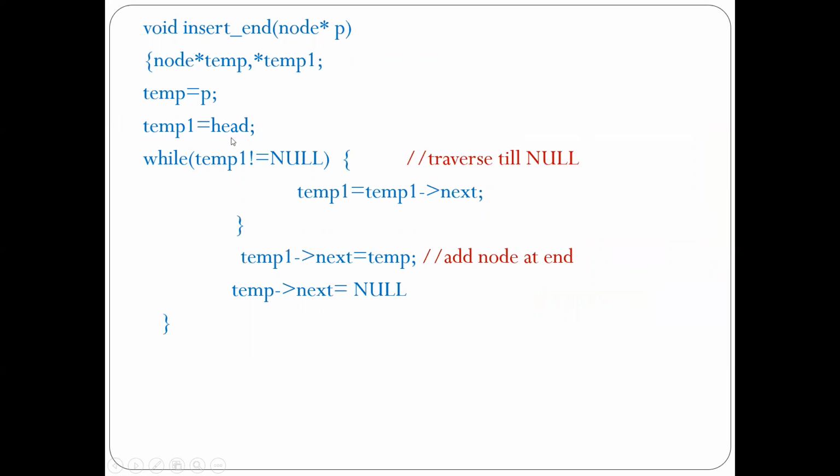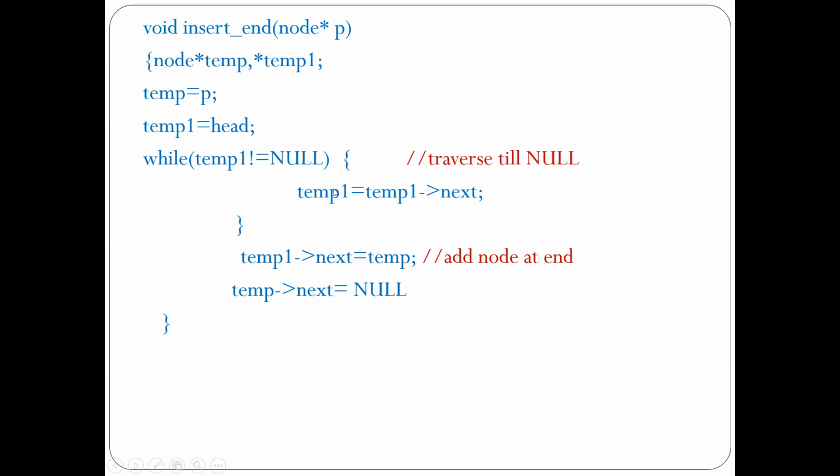Here this temp1 extra pointer we have taken, and we have initialized it to the head node. We are traversing the list here. See this, while temp1 is not equal to null, temp1 is equal to temp1 next. So here temp1 is not equal to null should not come here. Actually by mistake I have written it here. Sorry for that. Here the condition should be temp1 next is not equal to null. It should come like while temp1 next is not equal to null, temp1 is equal to temp1 next, because